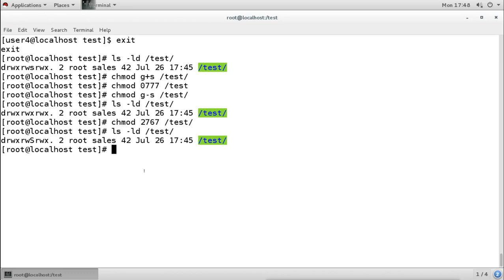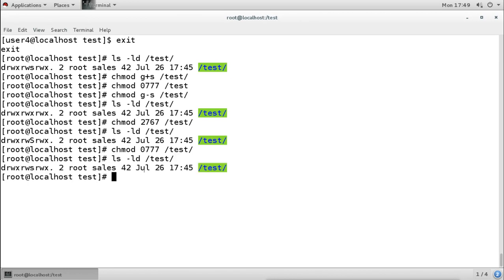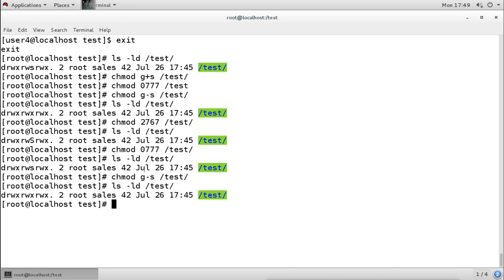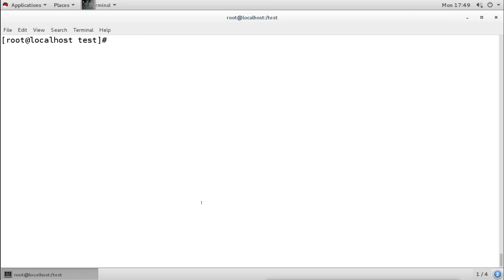Okay, so now I will remove it, and then it will become normal. So this is the second bit, decimal value 2, and that is for the SGID.